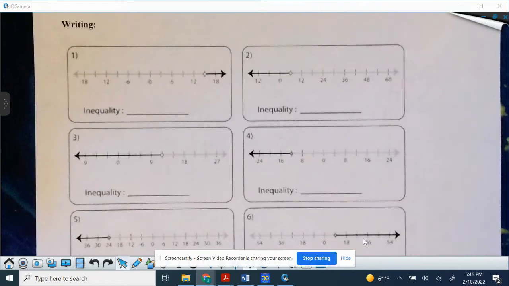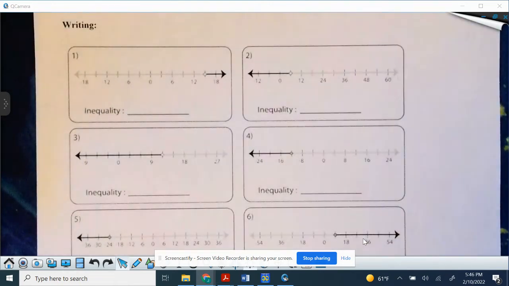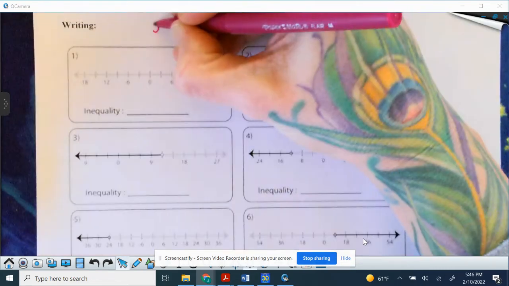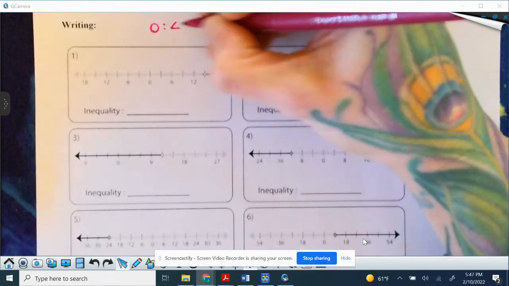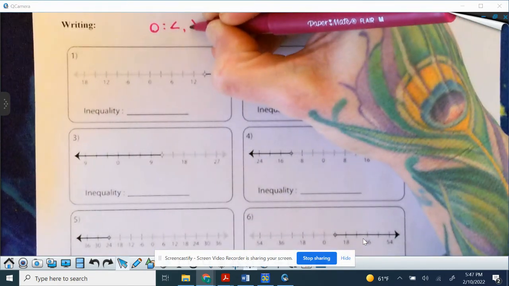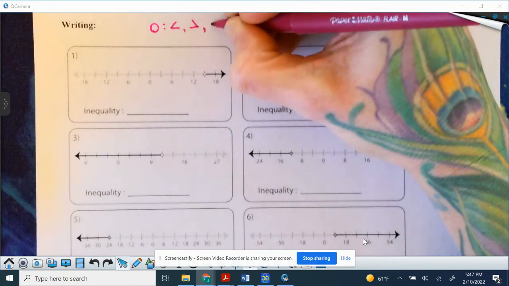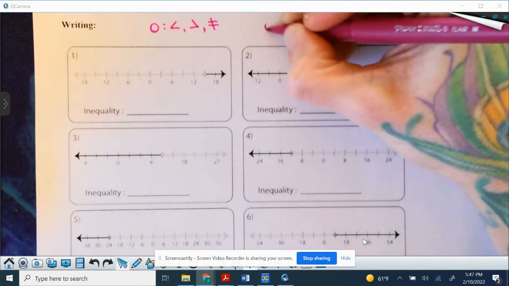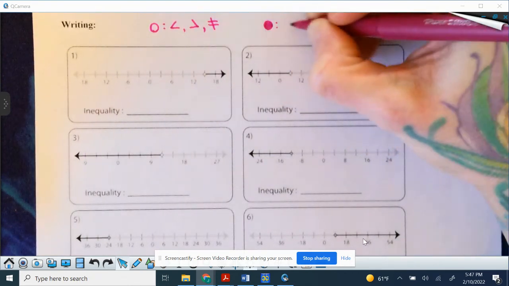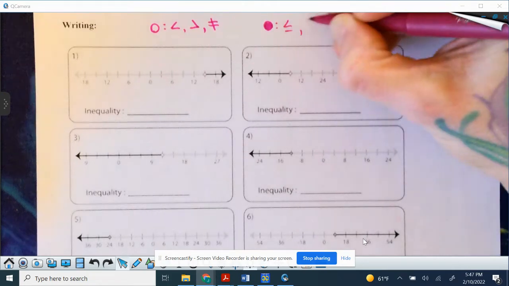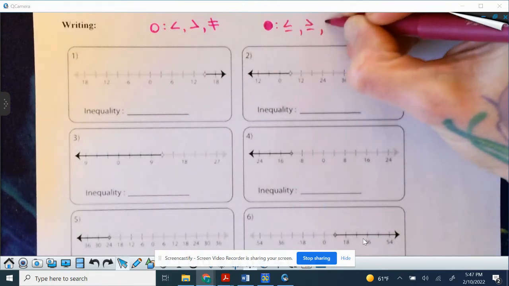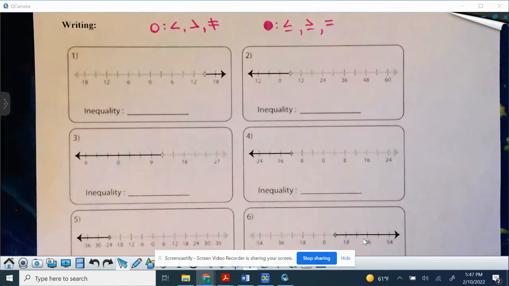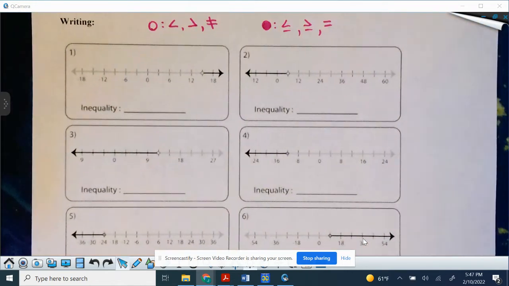In continuation of our first video, where we were taking the inequality and putting it on the number line, now we're going to work backwards. So again, we have open circles, which is going to be less than, greater than, and not equal to, or a closed circle, which is less than or equal to, greater than or equal to, and equal to. So those are all the inequality symbols that we're going to see for open versus closed